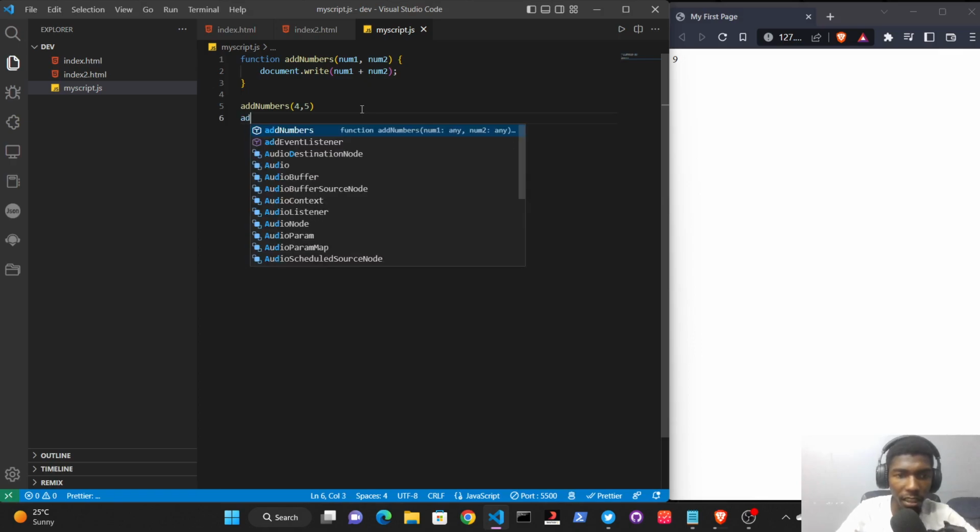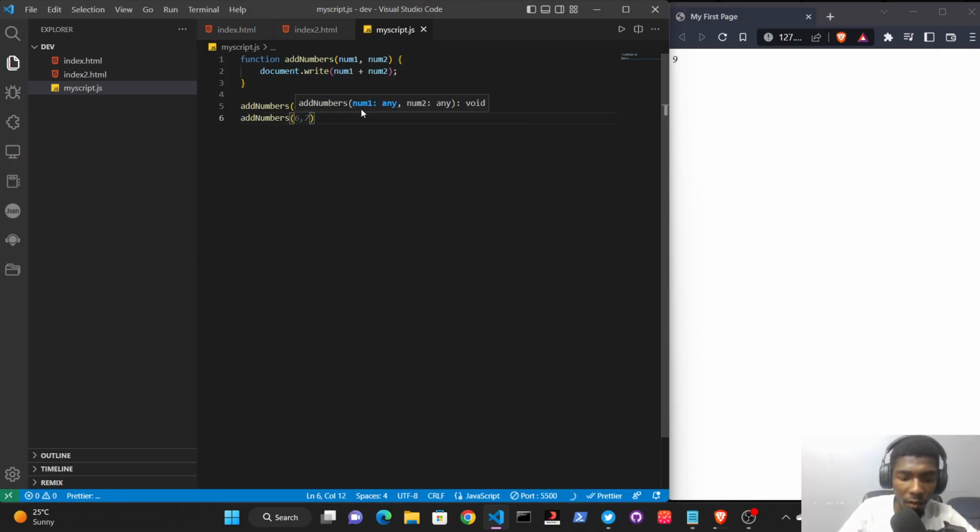Ndikakola function iri futiri and ndikati add numbers ndobva ndaisa 1 na 1, ndicha return 1 plus 1 ndobva ndabudisa 2. Let me just comment this asaitwanga 92. Ndikakomenda uyu mukuona ndikakola function yangu panapa ndichaona 1 plus 1 ari 2 handika, right? So this is how we pass values inside functions, but functions can also give us values,